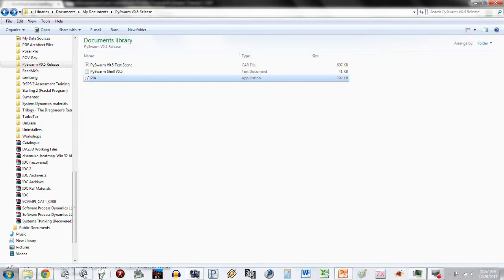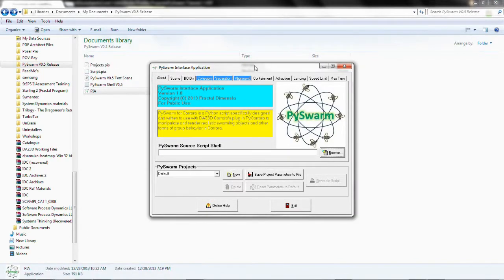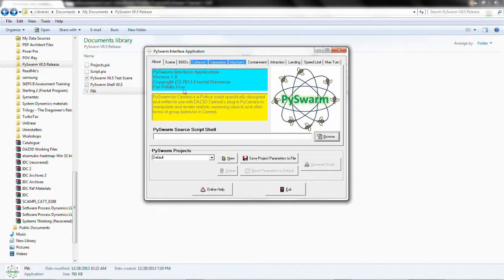At this point we're pretty much ready to go, so I'm going to start the application. Let me just mention, there is no requirement to register the application with the Windows system. It's a fairly simple, straightforward application, and because of that it runs without any special installation